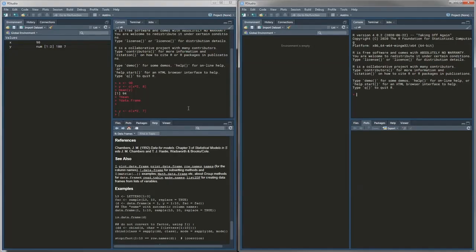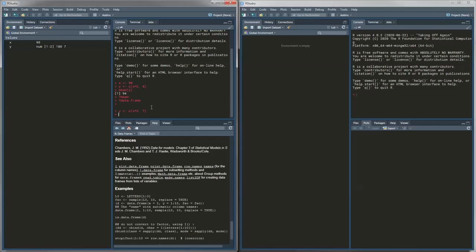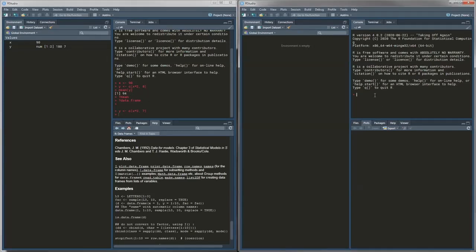So let me illustrate here with two RStudios. Now, this is the one I opened before, where I defined x and y. And this is a new RStudio that I opened right now. So it's going to be attached to a different R session. So if I try to see what the value of x is over here, I get an error because x was not defined. Of course, I can do x equal